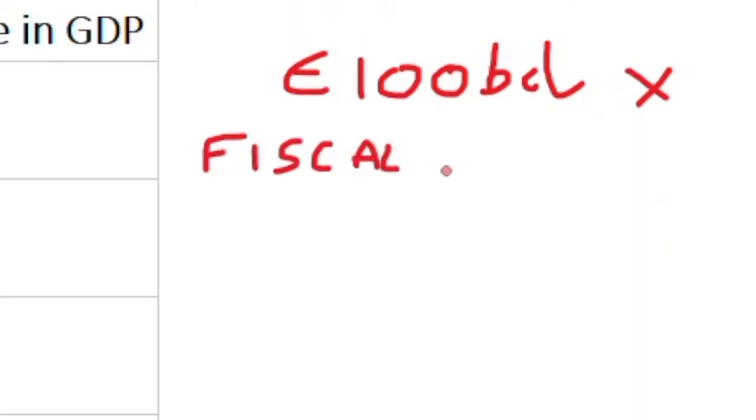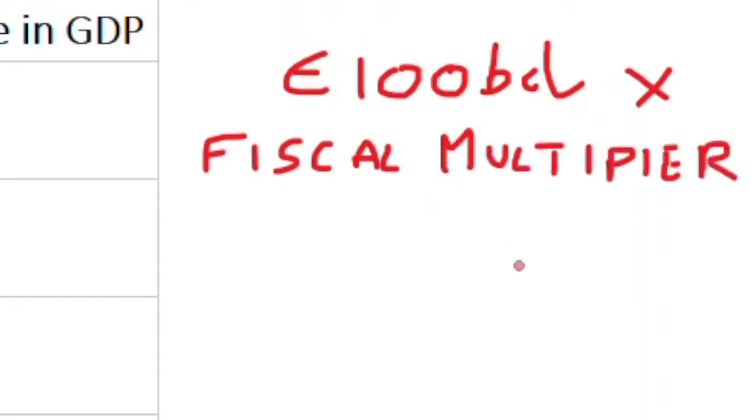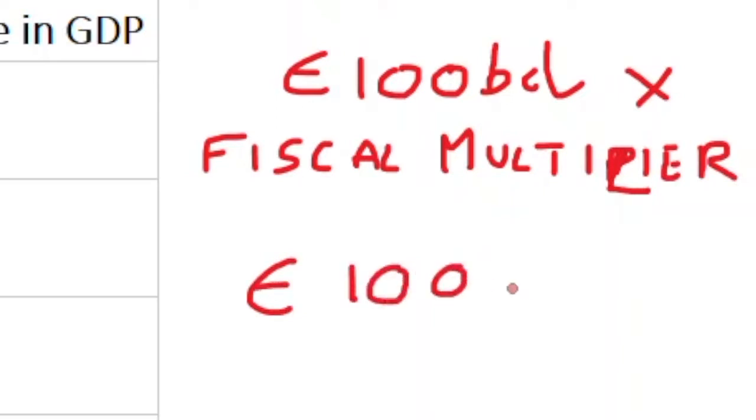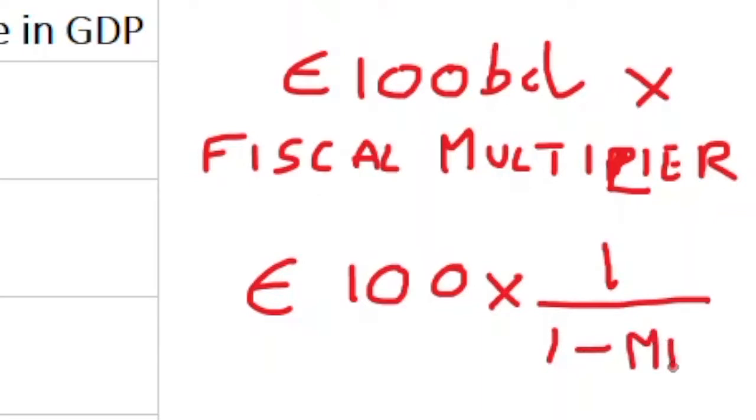So the fiscal multiplier is a summary of all the maths that we were trying to work out in the table, and the fiscal multiplier is 1 divided by 1 minus MPC, or marginal propensity to